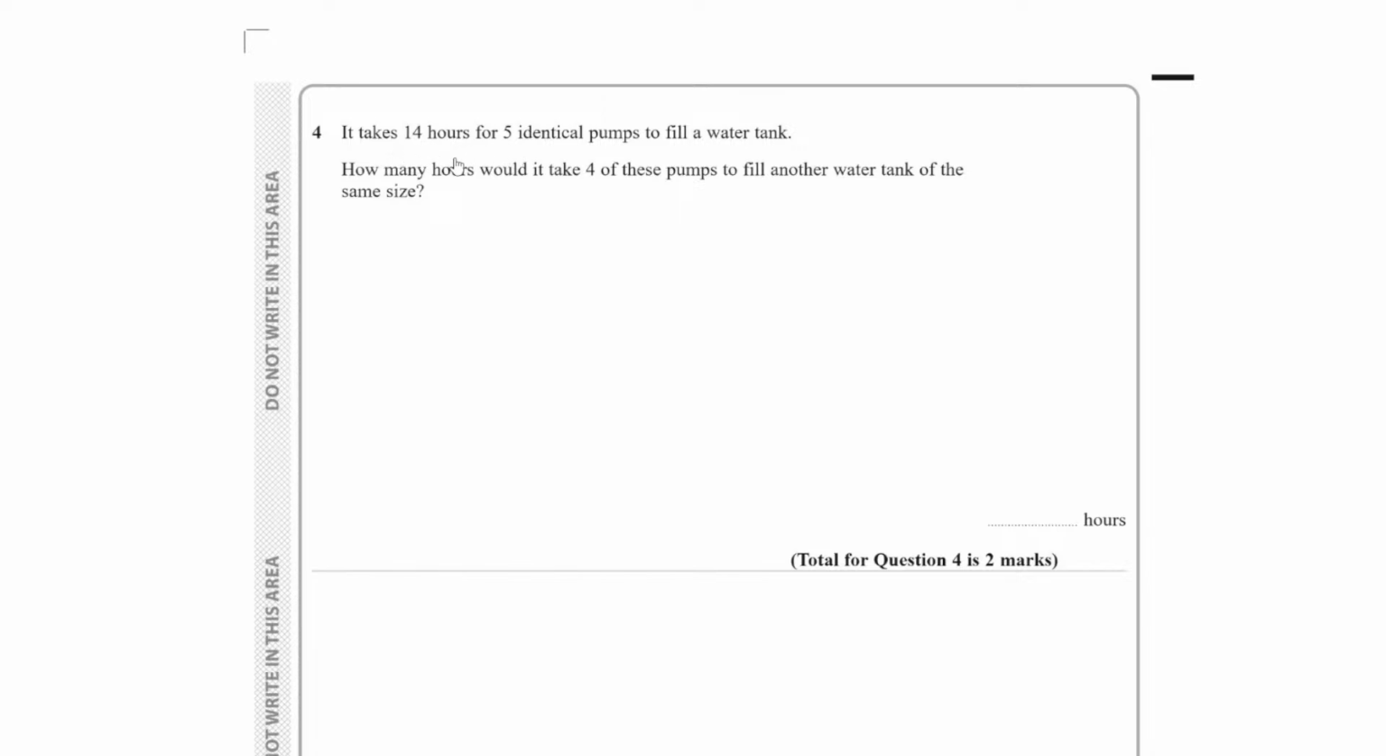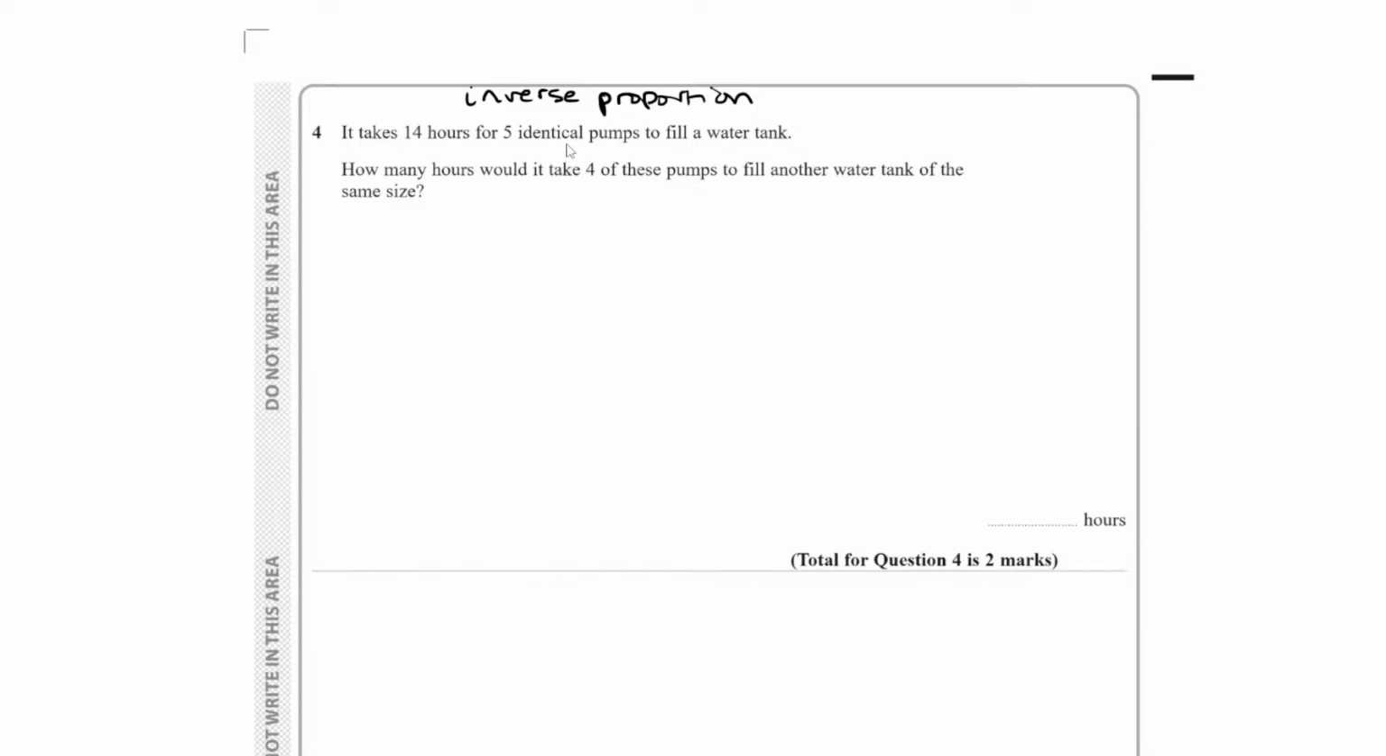Okay, so question 4: it takes 14 hours for 5 identical pumps to fill a water tank. How many hours would it take 4 of these pumps to fill another water tank of the same size? I don't know if you recognize this, but the topic is effectively inverse proportion, but in a worded context. It's not "y is inversely proportional to x". It's not as obvious as that, but it is the same logic, because if you think about it,